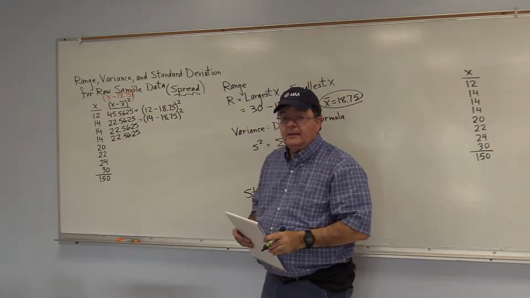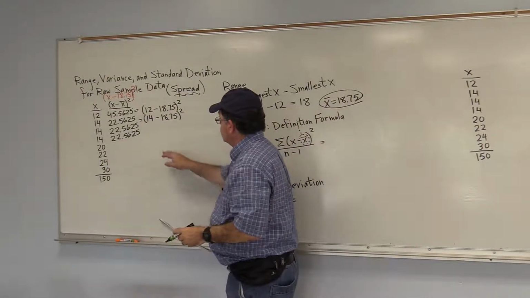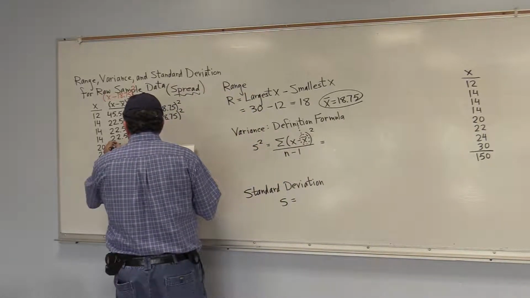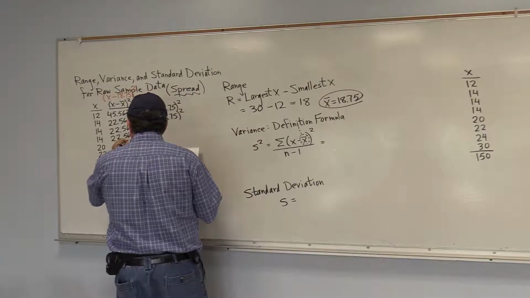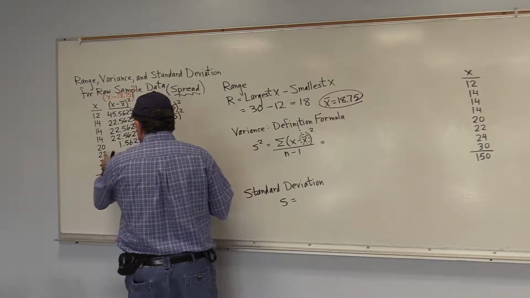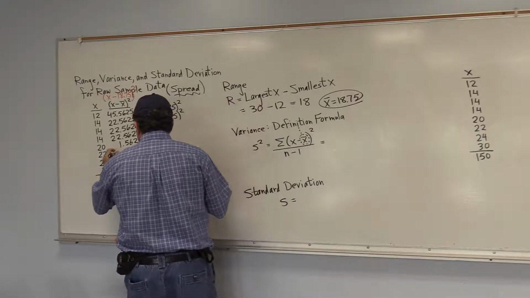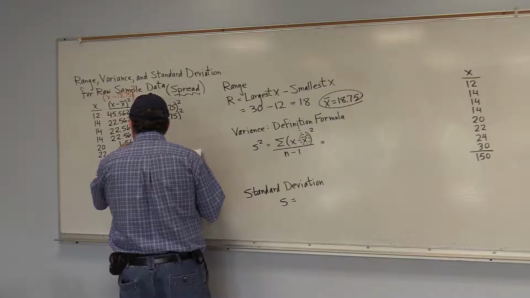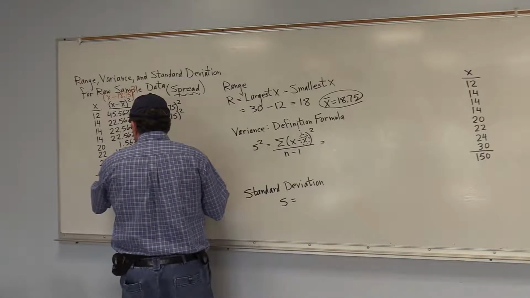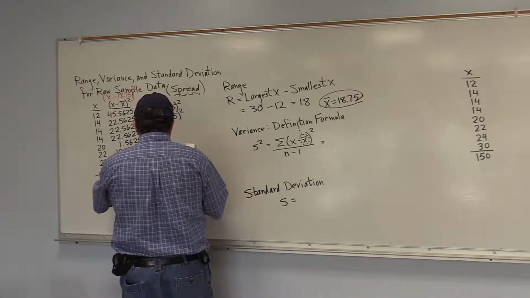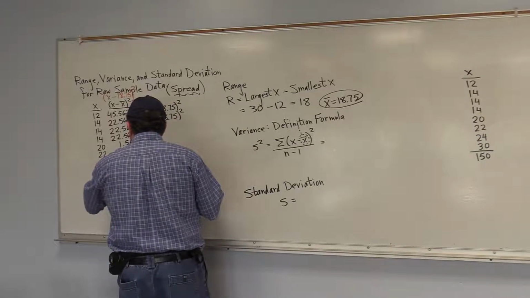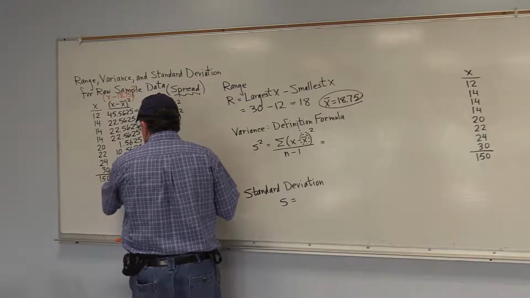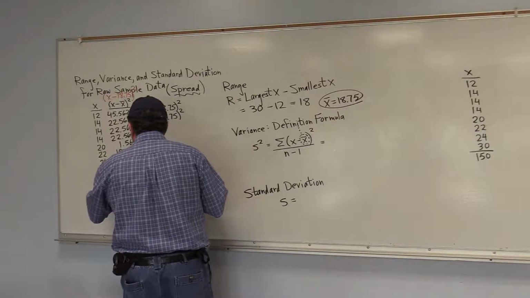Now proceeding in the same manner, using the same method, we get the last four numbers to be 1.5625, and the next entry is 10.5625, after which when I put in 24, I get 27.5625. And when x is 30, we get